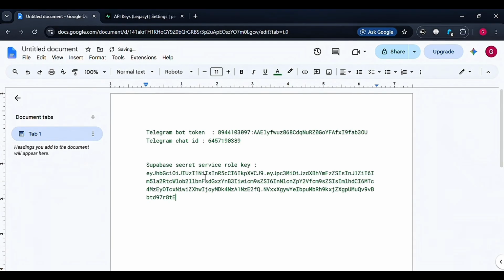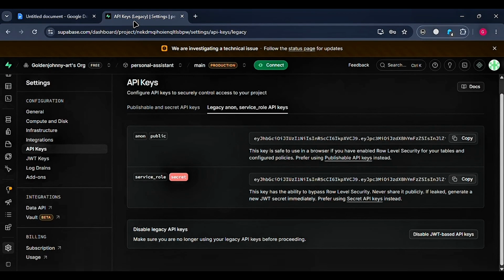Perfect. We are done with the setting up of the Supabase. We can close that right now. And